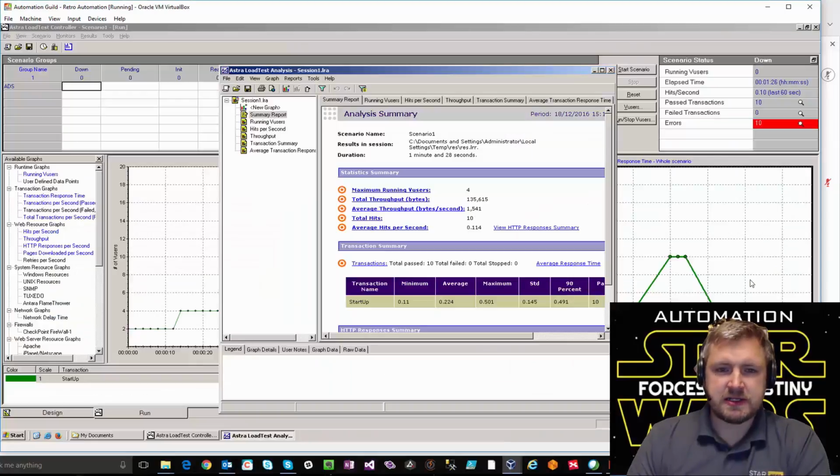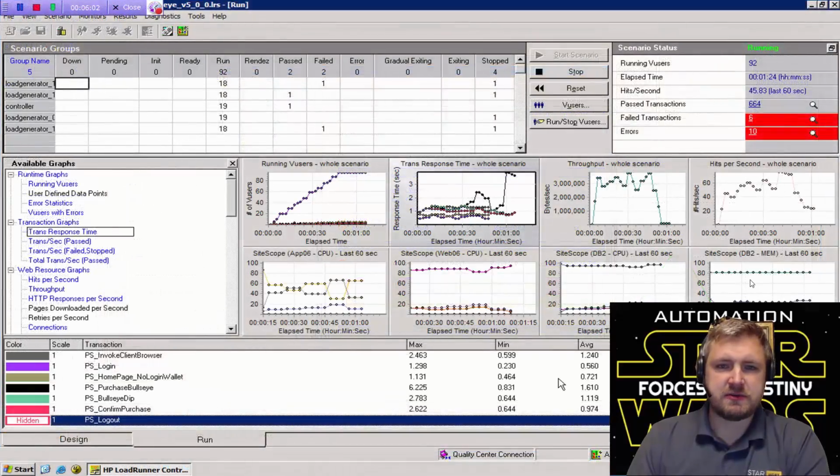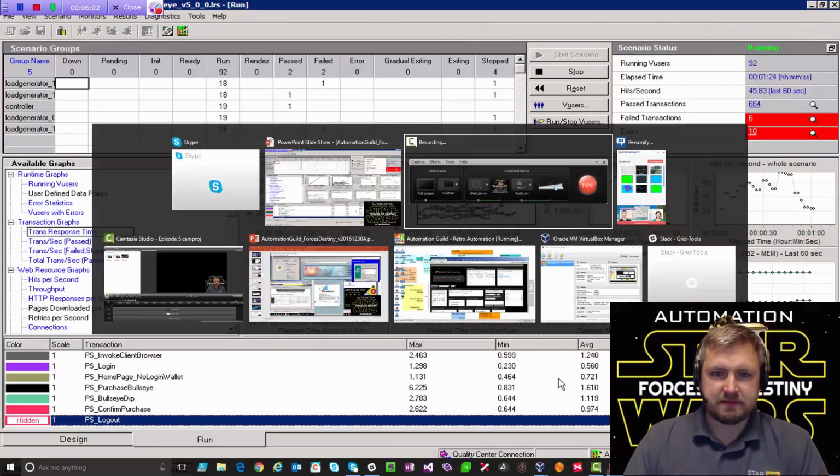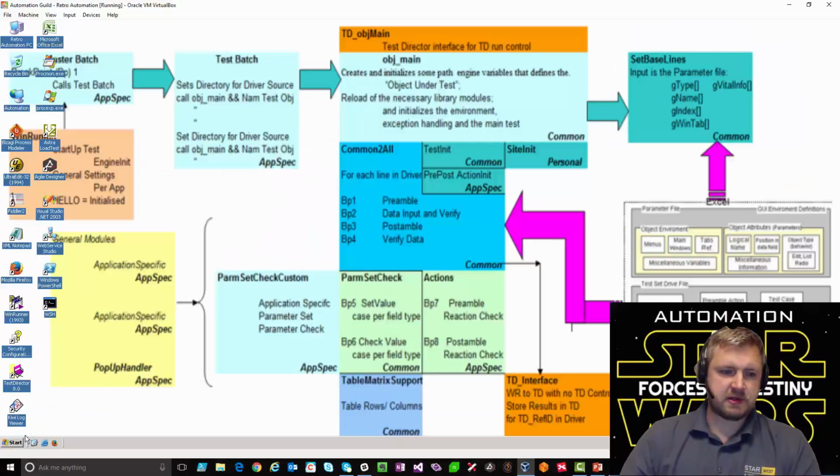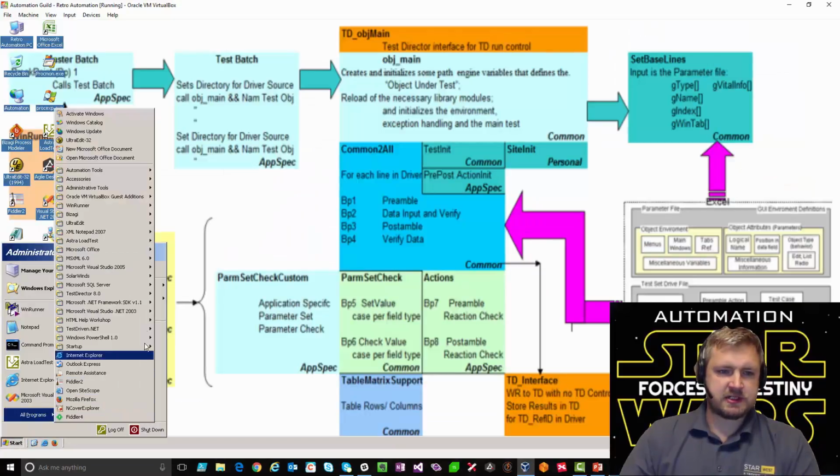So what I'm going to do is take a bit of a glimpse into how things compare and contrast. This is an analysis that I've run on Astra Load Test recently in comparison to another one that I've run within LoadRunner itself. So let's quickly jump onto the VM. Okay, I'm going to load Astra Load Test,